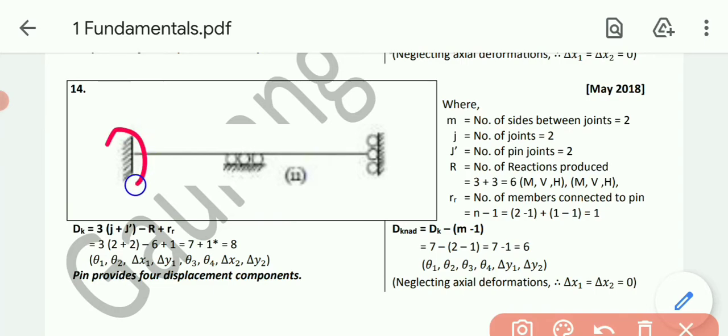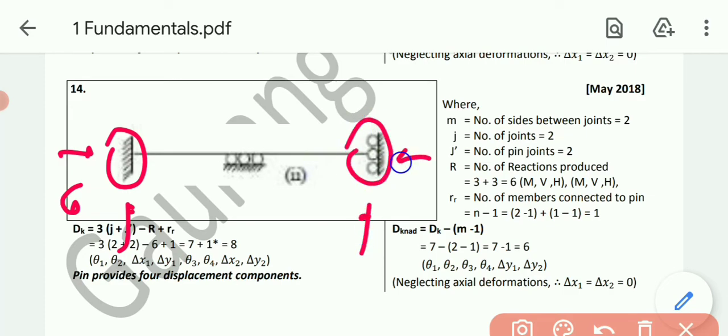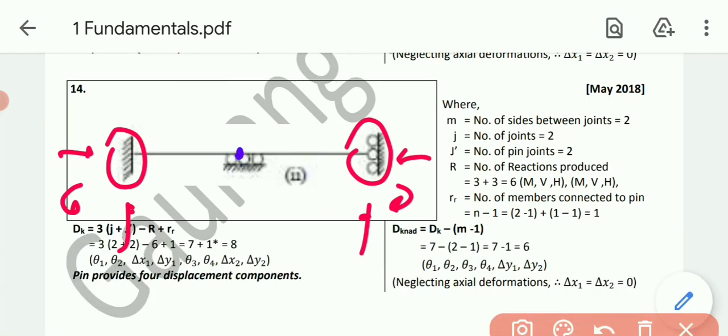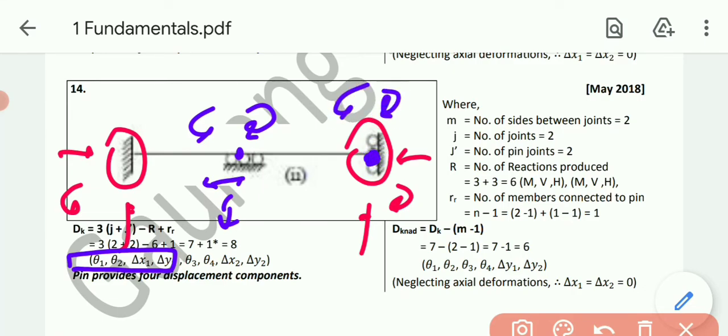So ultimately the unknown parameters. Now 3 reactions will be produced. Over here also 3 displacement reactions will be produced. So the remaining ones are for the hinge, 4: theta 1, theta 2, horizontally and vertically. Clear? This one. And similarly the same parameters over here. A pin support is there, this one: theta 1, theta 2, horizontally and vertically. See, you can say, sir, a roller support is there over here, but at the same time a pin is also there, so we need to calculate that also. So again 4. So ultimately 7 plus 4 plus 4, answer is 8.